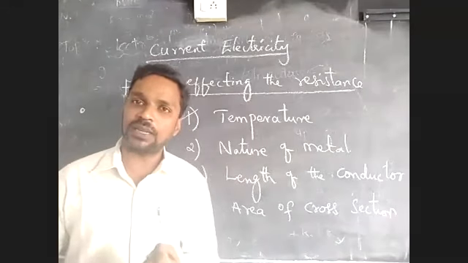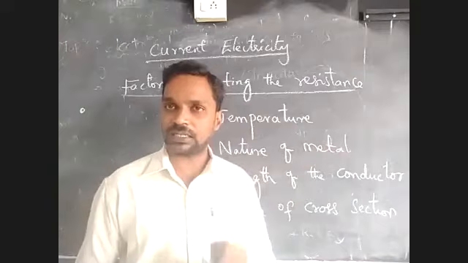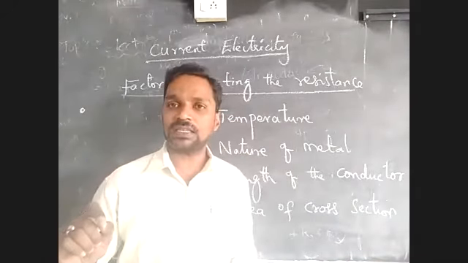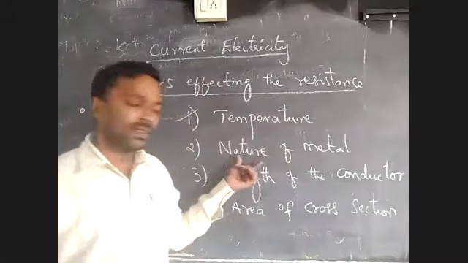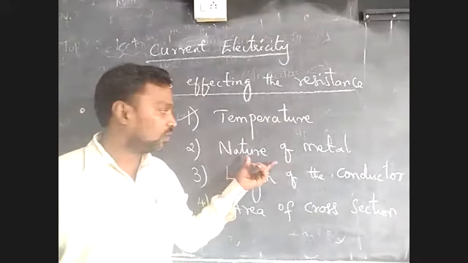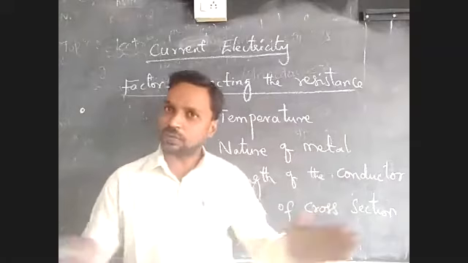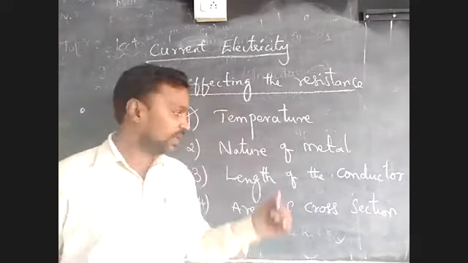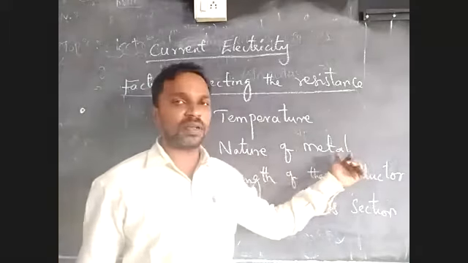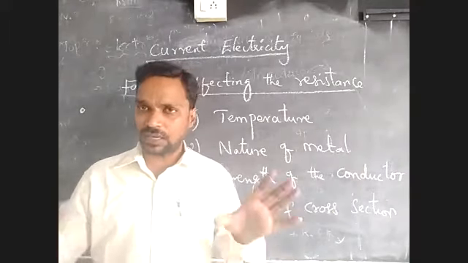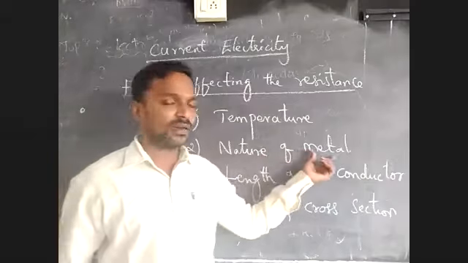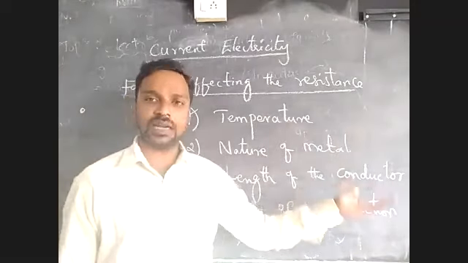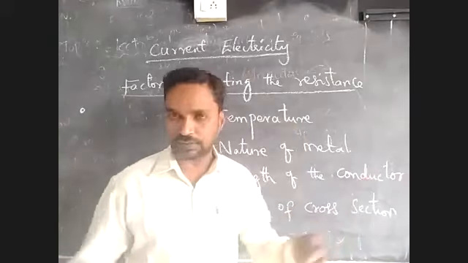If you take aluminum, it has a different electrical resistance. Keeping in mind that the area of cross section and the length should be the same, only the material should be different. The length and thickness of that particular conductor should be the same. So for copper, it is a different resistance, and for aluminum, a different electrical resistance. Like that we will be having.